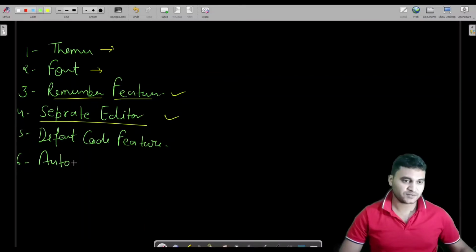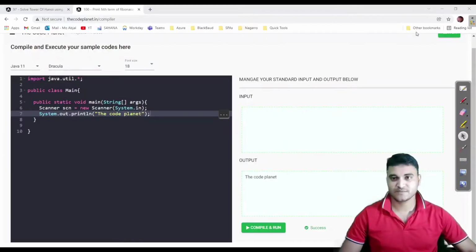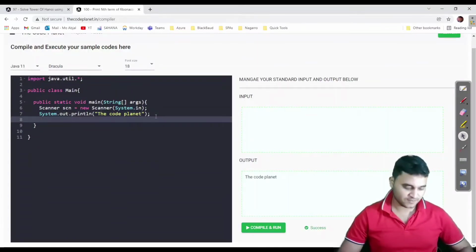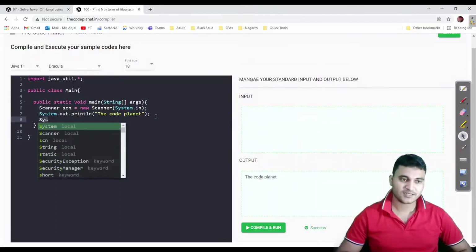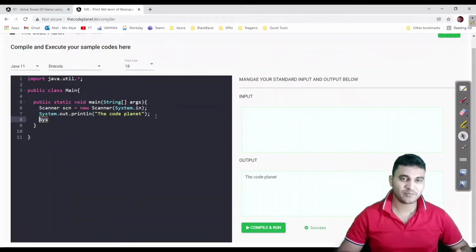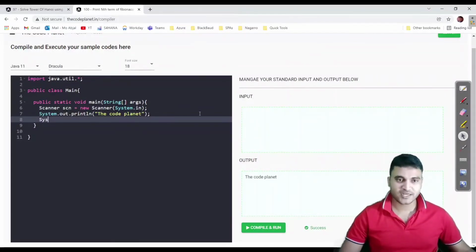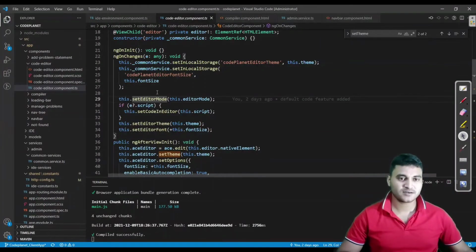Along with that, there is a feature which I have not listed here, which is the autocomplete feature. I hope you have noticed it: if you type anything here, like system, then the suggestions would be auto loaded. This is not an easy one. Most of my time went into this research only, on how I can make my editor auto populate the suggestions. The implementation for this is also simple, but the R&D work was very heavy.